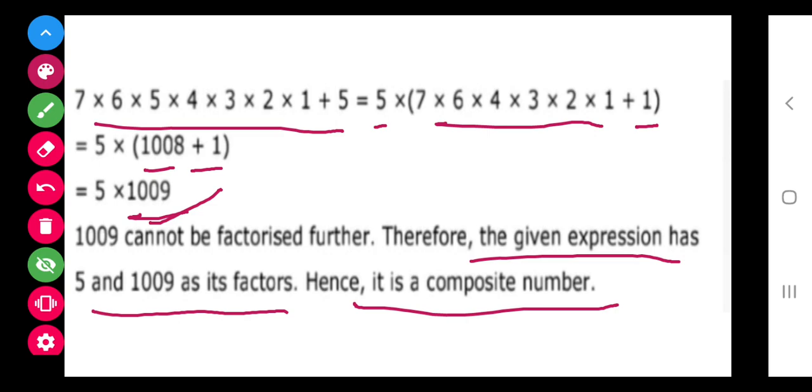The most common composite numbers are 0 and 1, जिसके unlimited number of factors हो सकते हैं. But if we have to check for other numbers, then we have to check if it can be written other than 1 into itself, तो वो एक कंपोजिट नंबर होगा. मतलब कंपोजिट नंबर किसी और दो नंबरों के प्रोडक्ट के फॉर्म में भी लिखा जा सके, 1 और इटसेल्फ को छोड़ के. 1 एंड इटसेल्फ तो हर नंबर को लिखा जा सकता है. उसके अलावा अगर किसी और नंबर के प्रोडक्ट के फॉर्म में लिखा जा सके तो दैट्स अ कंपोजिट नंबर.